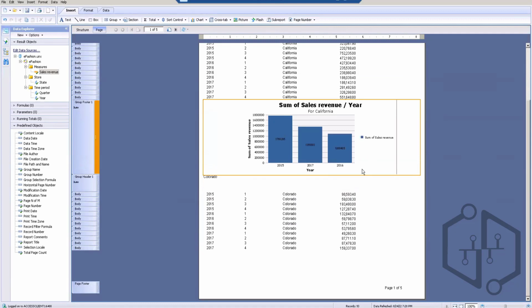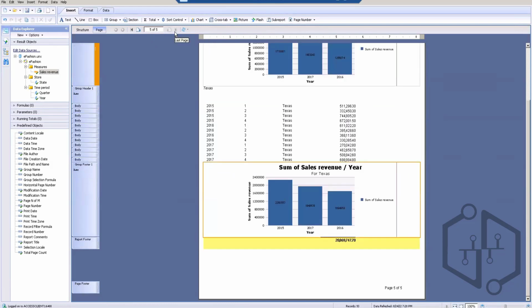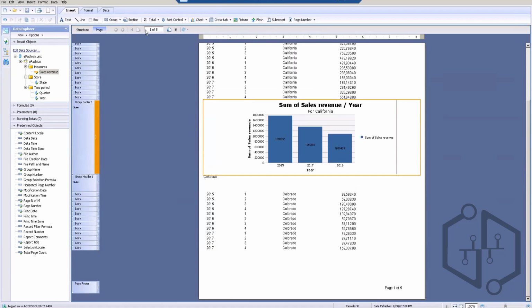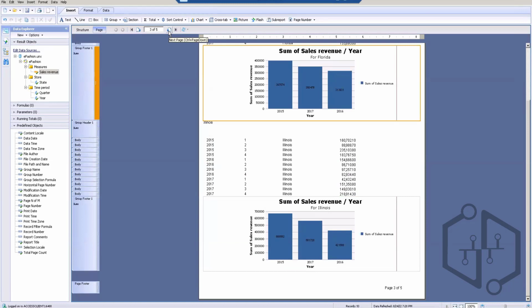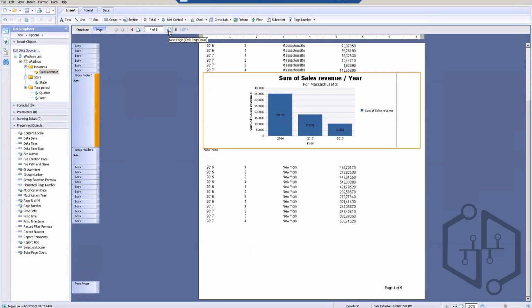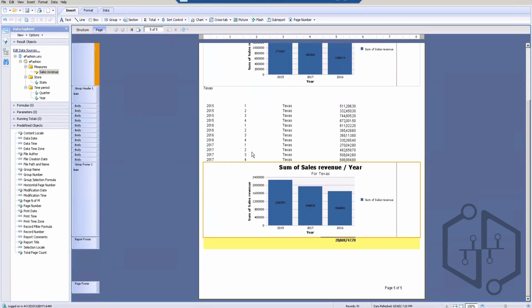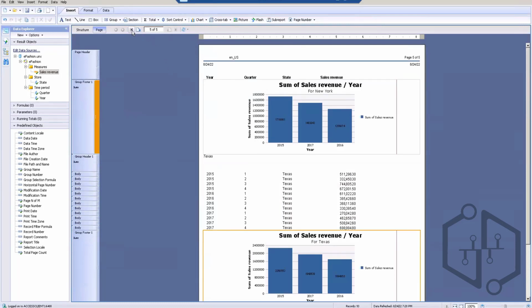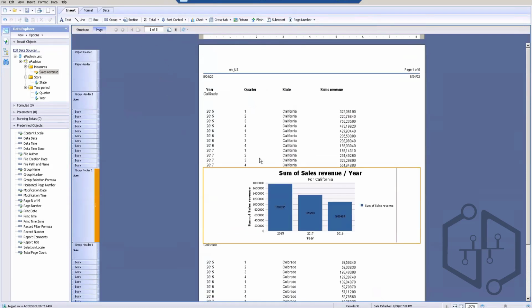So it will be repeated for every state. If you see here, as we have included states, now the page number got increased from 2 to 5. Next page, third page, Illinois, New York. So in this way, we can create highly formatted Crystal Reports using this Crystal Reports tool. It is a highly formatted one. So if you see here, this report header, page header,